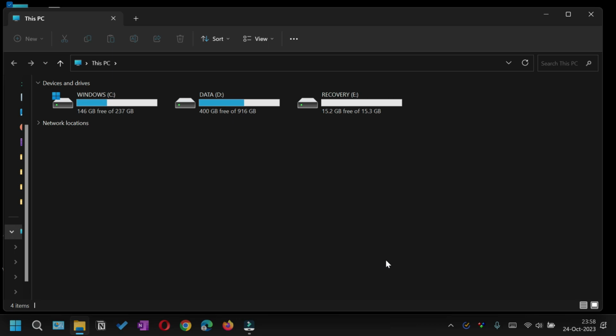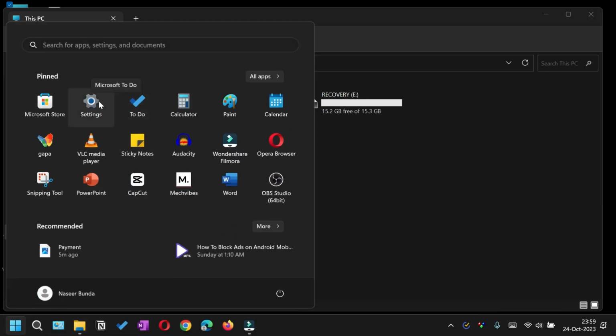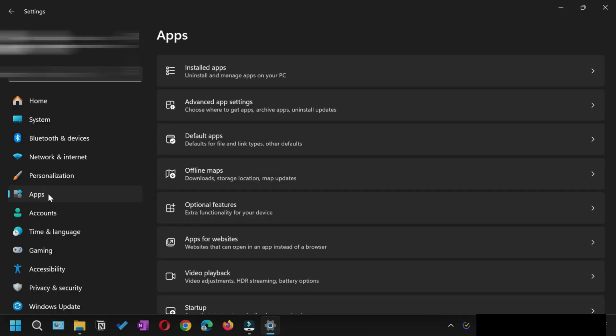How to stop the background apps or programs from running in Windows 10 or 11. There are two methods that I'm going to show you. The first one is that you have to click your start and go to the settings, and then within the